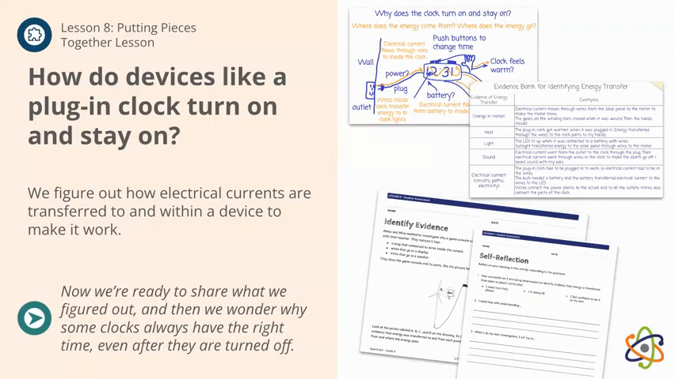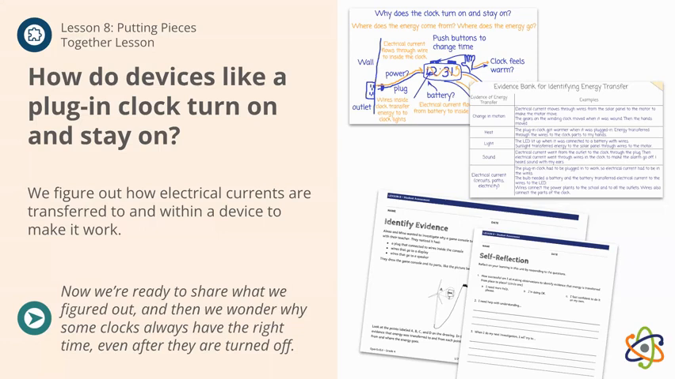So in lesson 8, we are ready to explain how a device like a plug-in clock turns on and stays on. We revise our class consensus model and create an evidence bank for identifying energy transfer, where we list all the evidence and examples from our investigations. We then apply our understanding and identify evidence of energy transfer to explain how a game console turns on and